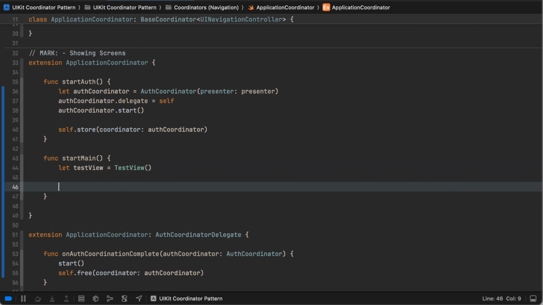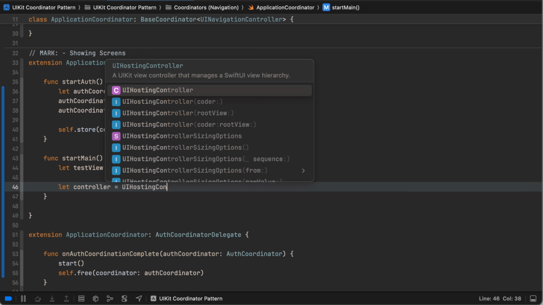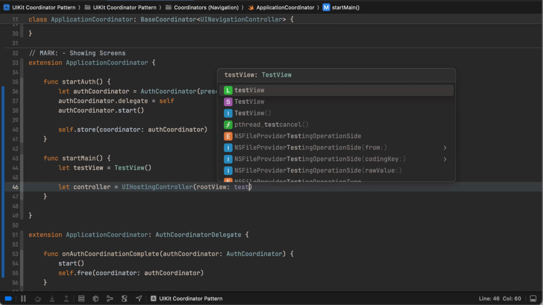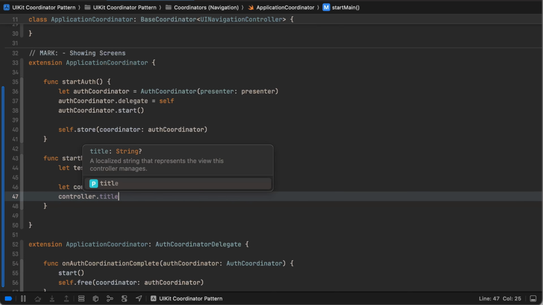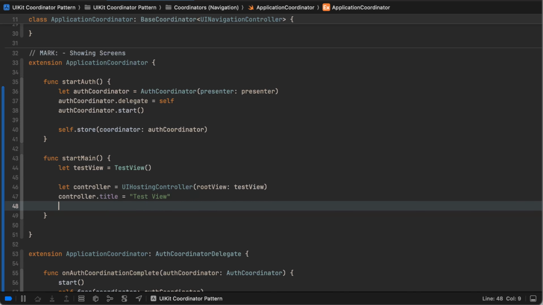And then we'll say, because I'm not using a view model, we can't use our custom hosting controller. So I'm just using the regular UI hosting controller here as an example. And then we're going to say presenter.set view controllers